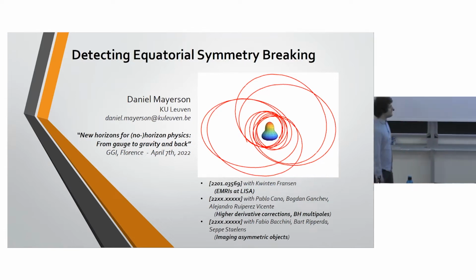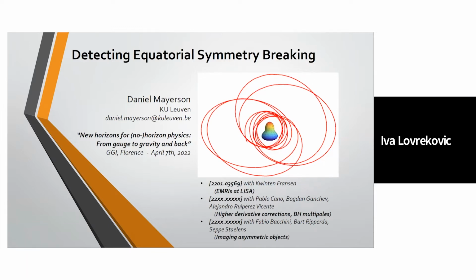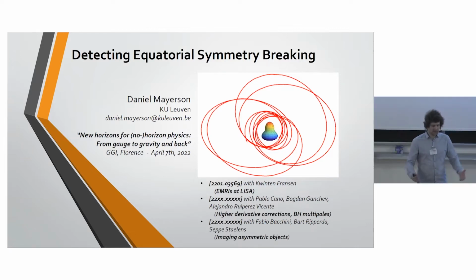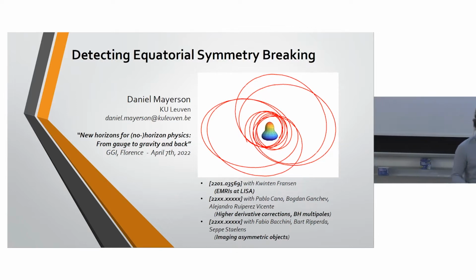So I will talk a little bit about something that's become a pet obsession of mine almost: the idea of equatorial symmetry breaking, and why I'm interested in it, but also why it's important to do this analysis, essentially because people are overlooking it otherwise. The picture that you can have in your mind is an object that is not top-bottom symmetric. And then we're going to talk about what it means if this object is involved in some kind of